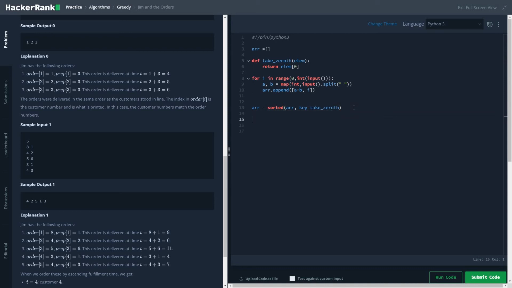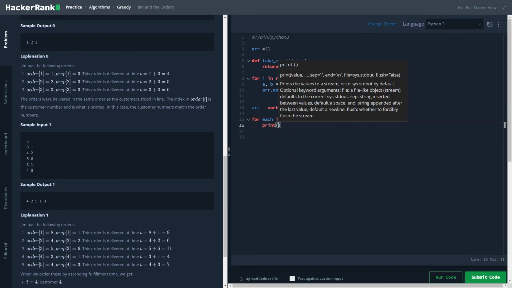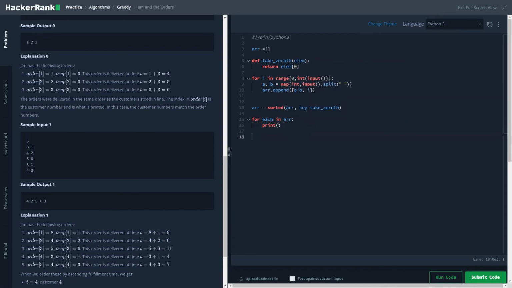Once this is done, you would again write a for loop: for each in arr, and here we would be printing those sequences. Once this has been sorted, we have to print the sequence of indices, so it will be the second element of each, and the first element should not be printed.